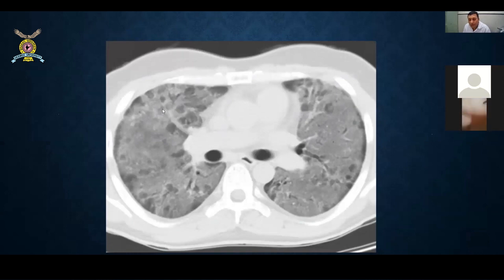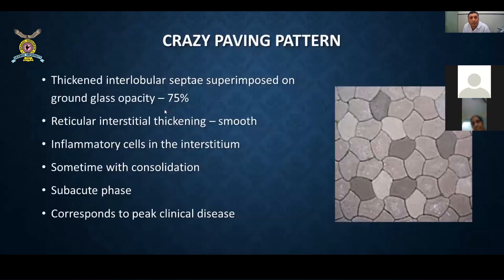So these are nothing but the changes of ground glass opacity in a proven case of COVID-19 patient. Second pattern is crazy paving pattern. So what do you mean by crazy paving pattern? In crazy paving pattern, you will see the ground glass opacity, but on the background of ground glass opacity, there will be a thickened interlobular septae,